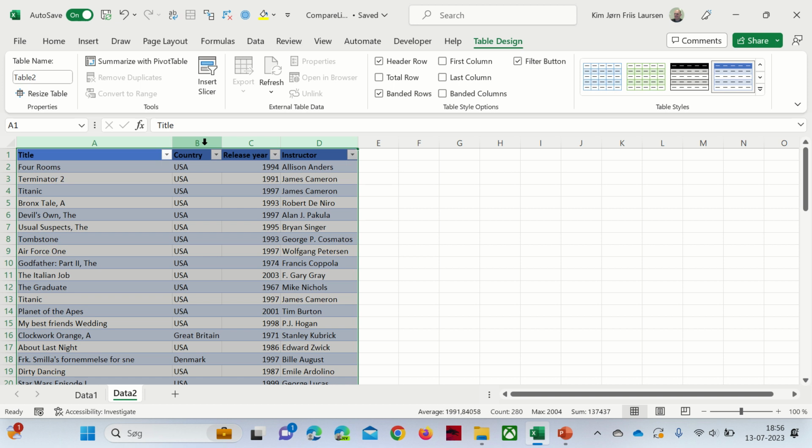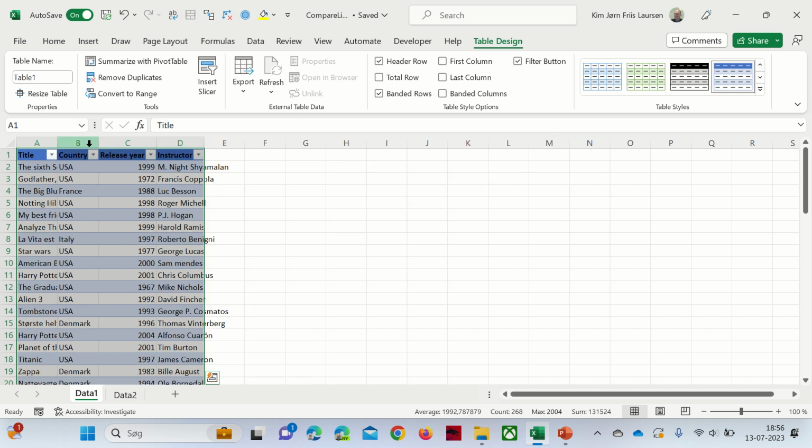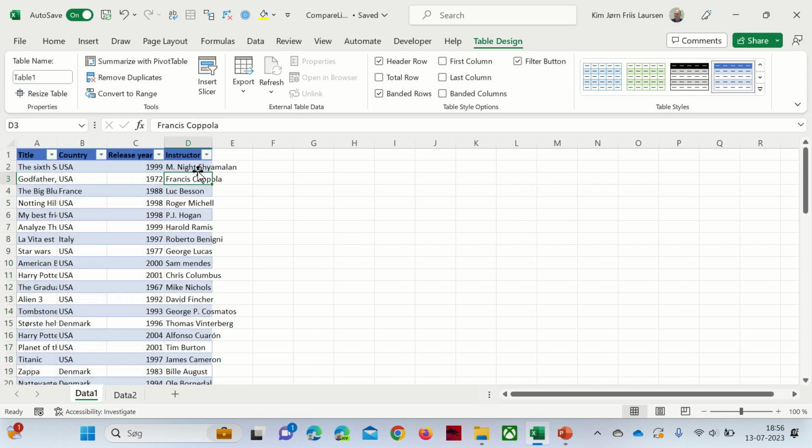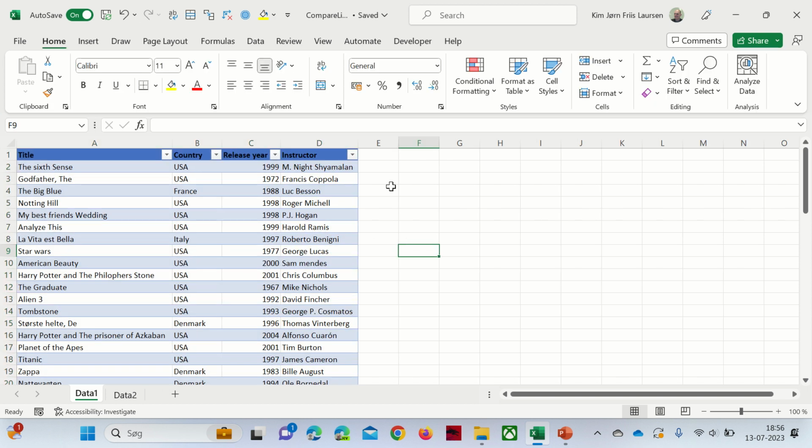So I have got some columns here. I'll just spread them out so you can better see what I'm having here. So I'll just select here and spread these columns out. So what I'll do is I'll make here a compare